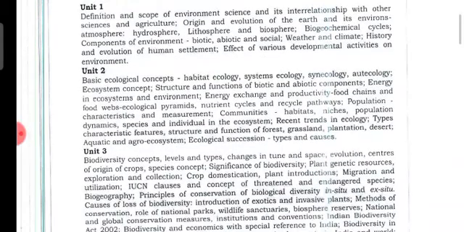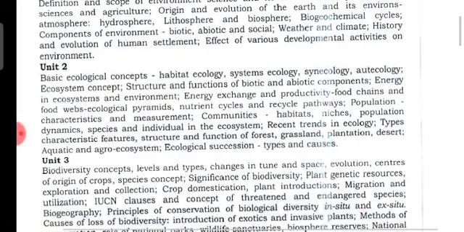Next is unit number 2, basic ecological concepts: habitat ecology, system ecology, synecology, autecology, ecosystem concept, structure and function of biotic and abiotic components, energy in ecosystem and environment, energy enhancing the productivity of food chain, food web, ecological pyramids, nutrient cycle and recycling pathway, population characteristics and measurement, and communities, habitat, niche, population dynamics,